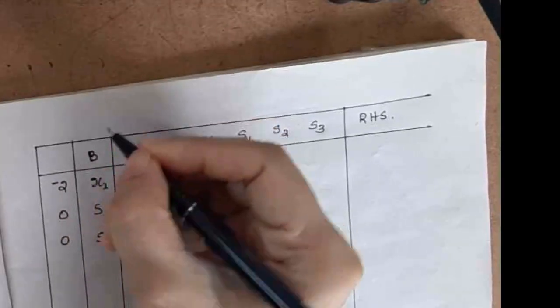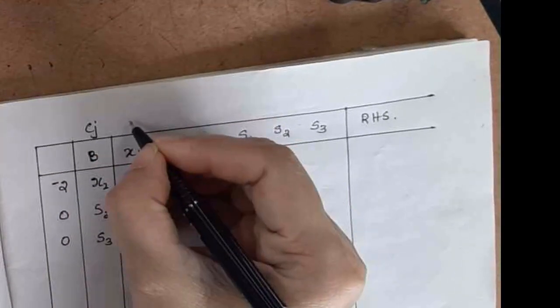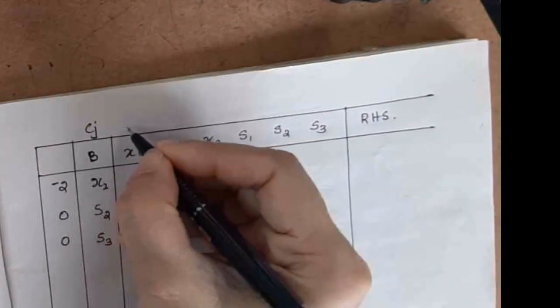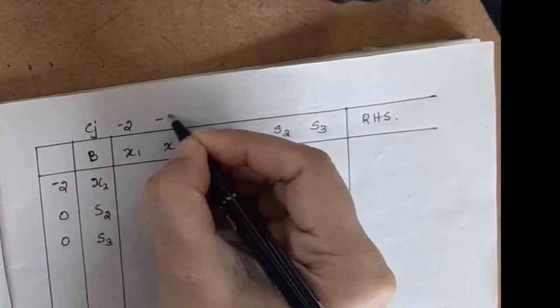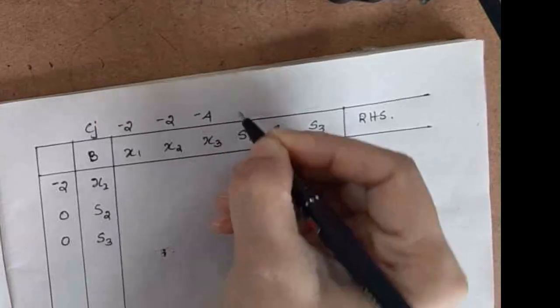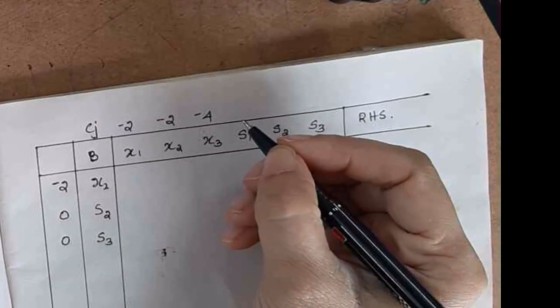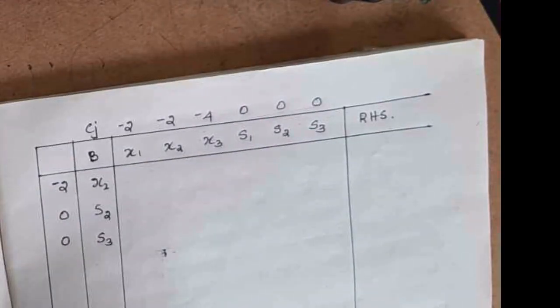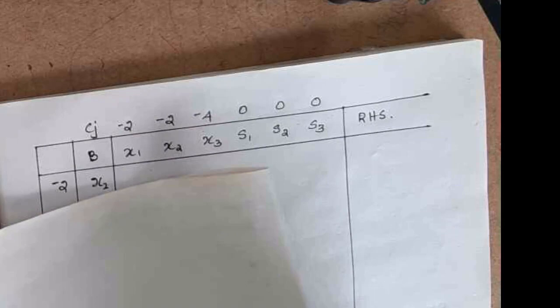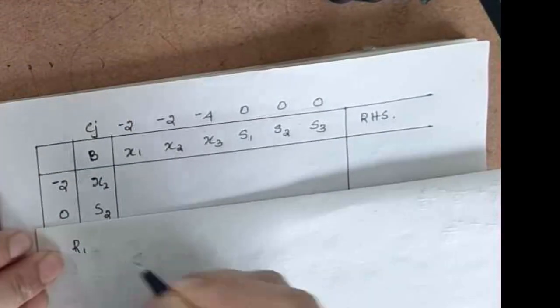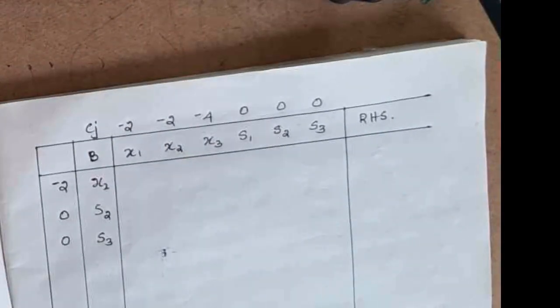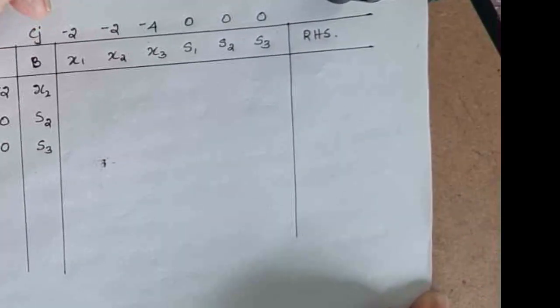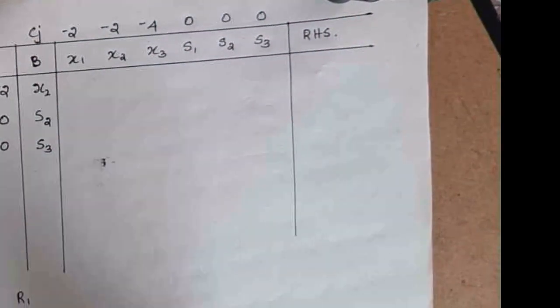Okay, the first row, now Cj is equal to what will be that? -2. From the objective function you have to write -4 and 0, 0, 0. Okay. Now you write the first row. You write it as first row is row 1. Maybe I will write it here only. Row 1